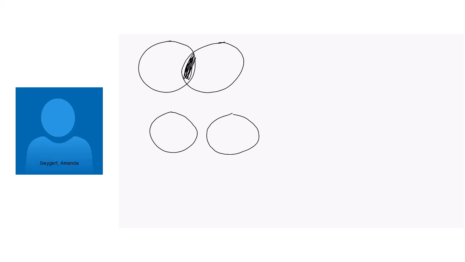Here's another one, and this is probably one of the weirder ones, but you have one circle, and then you have another circle completely inside of it. Think for a second about what that might mean. Can anyone try to explain what this might mean if this is what your two circles look like? And if you're really not sure, that's okay. You can put a question mark in the conversation.